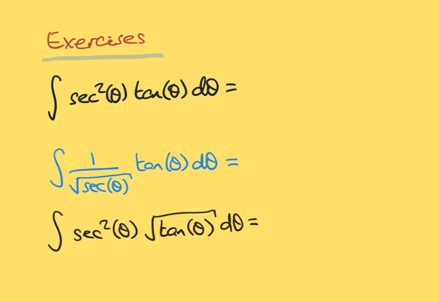Okay, so I'm about to write the answers down. Here they are. So the first exercise, we notice that this is the derivative of tangent. So what we're going to get is an increased power of the tangent. So it's going to be something like tangent squared of theta plus c, and there will be a factor of 1/2 in front of it. You could also perform this one using the method I just described, and were you to do that, what you would obtain is 1/2 sec squared theta plus c,